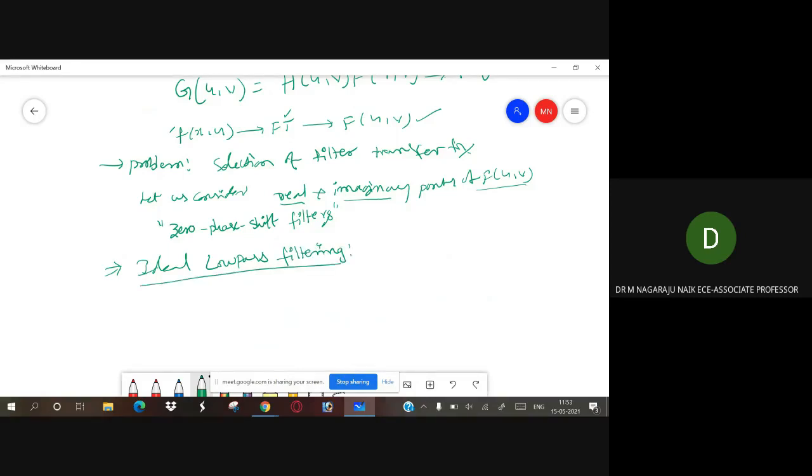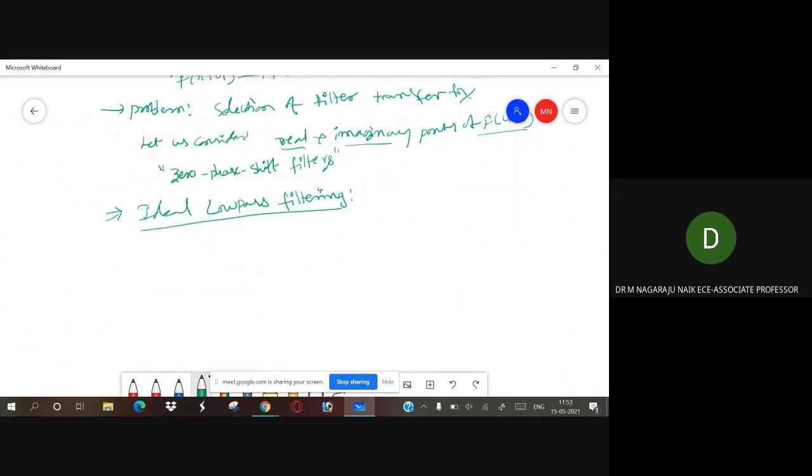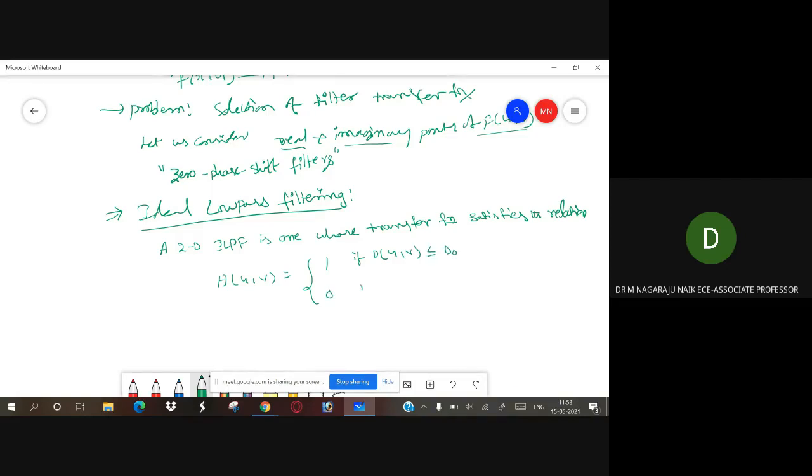In that ideal low pass filter, a two-dimensional ideal low pass filter is one whose transfer function satisfies the relation: H of u comma v is equal to 1 if D of u comma v is less than or equal to D naught, and 0 if D of u comma v is greater than D naught.